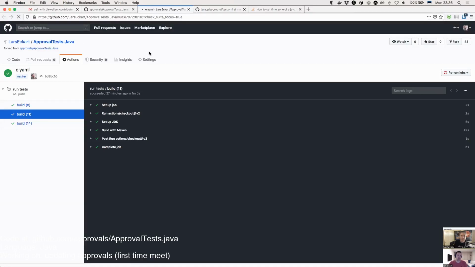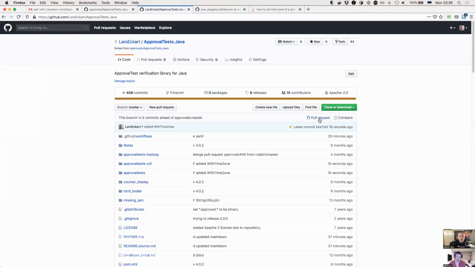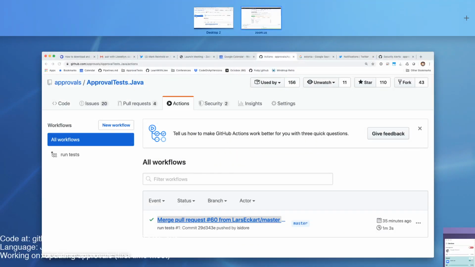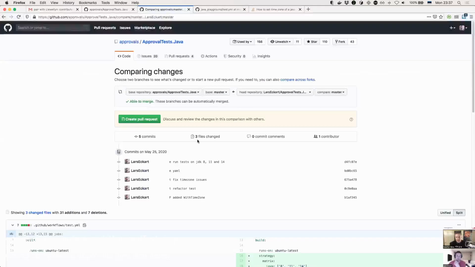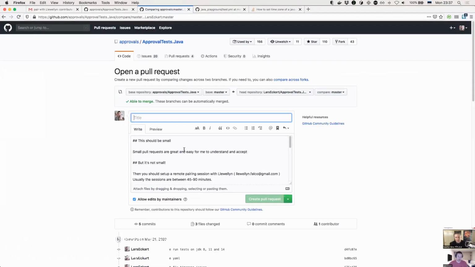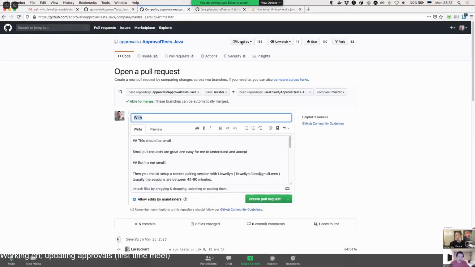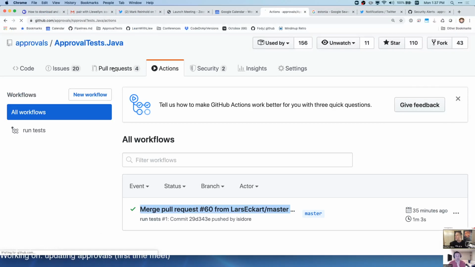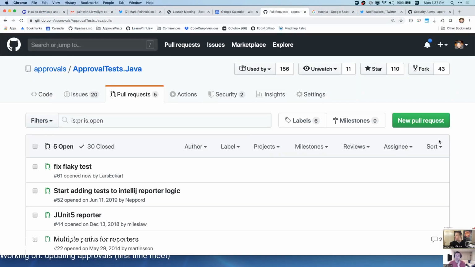Last I got approval tests. Okay, this contains more though now, I think. That's fine. I don't care. Yeah. Okay, so then, yeah, that's fine. I need to find that pull request.